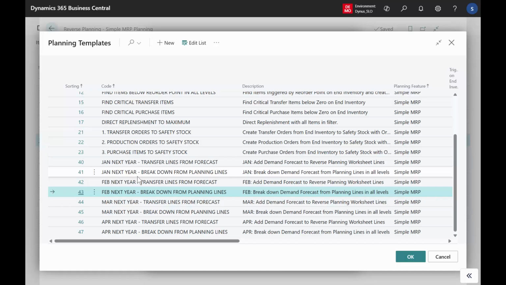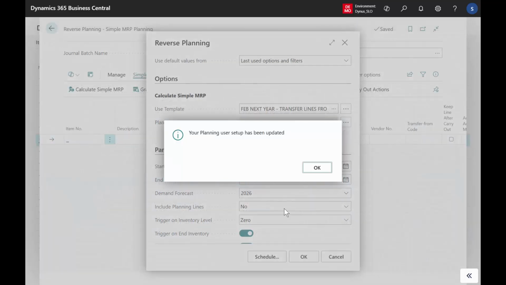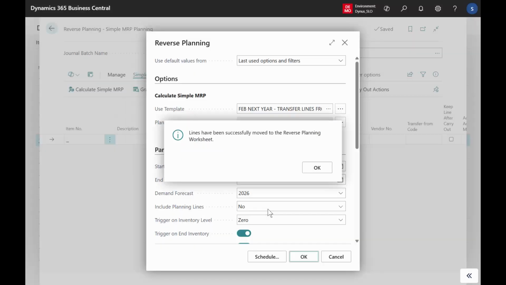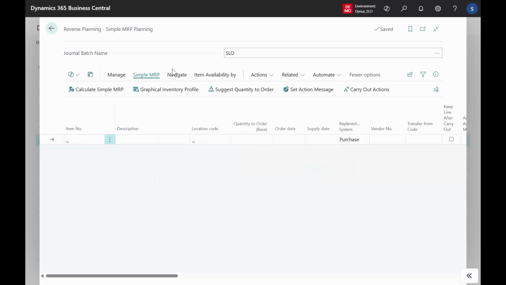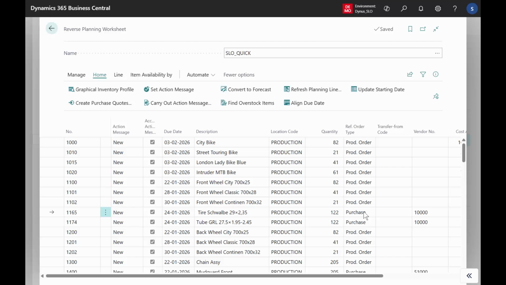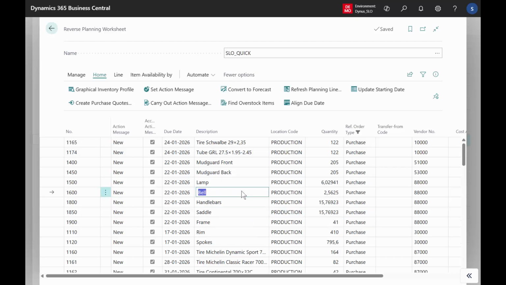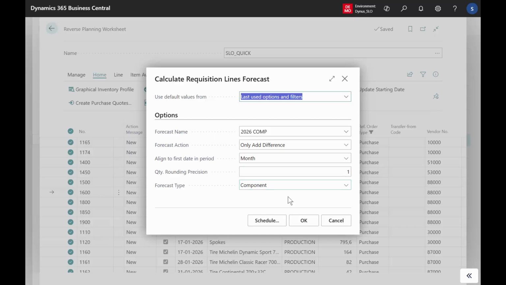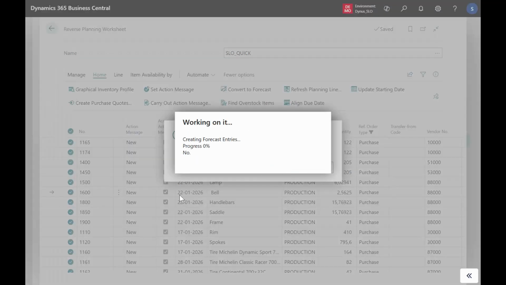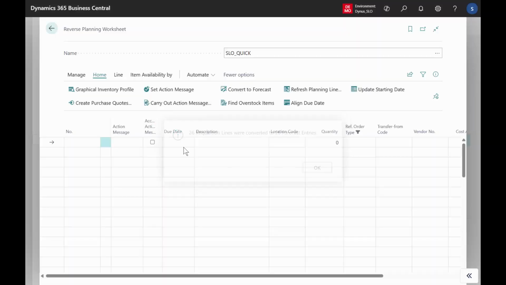So if I take the first one, my February template, it will do exactly the same as in January, except of course a month later and with another forecast. And if I open my reverse planning worksheet now, in here, filtering on purchase orders, marking all of them, converting to forecast, like this. And here in the background, you can actually see the date here being different because those date here is a